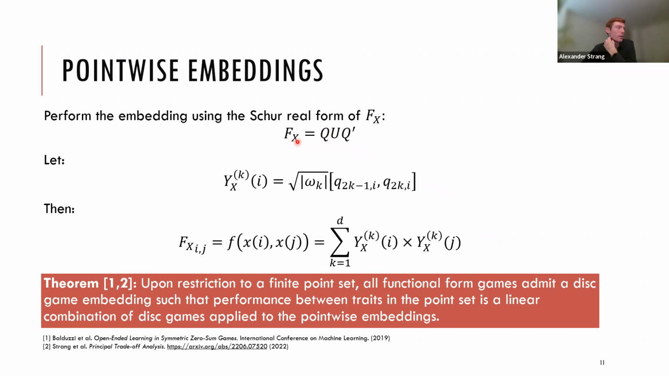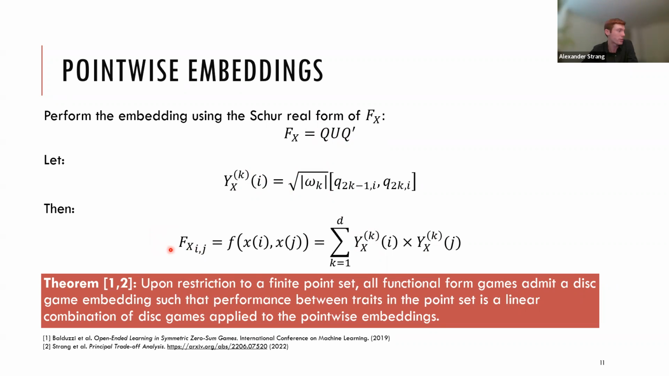Now we can use this decomposition to generate our pointwise embedding. So if I start with a function or a matrix F, it's real, it's skew symmetric, so I can Schur decompose it. And then I can immediately write down what the columns of my embedding matrix need to be, just by extracting the columns of this Q matrix and then scaling them by the square root of the corresponding eigenvalue. And you can check that if you take the matrix defined in this way and evaluate this sum of cross products, then this is equivalent to performing the product Q U Q transpose,